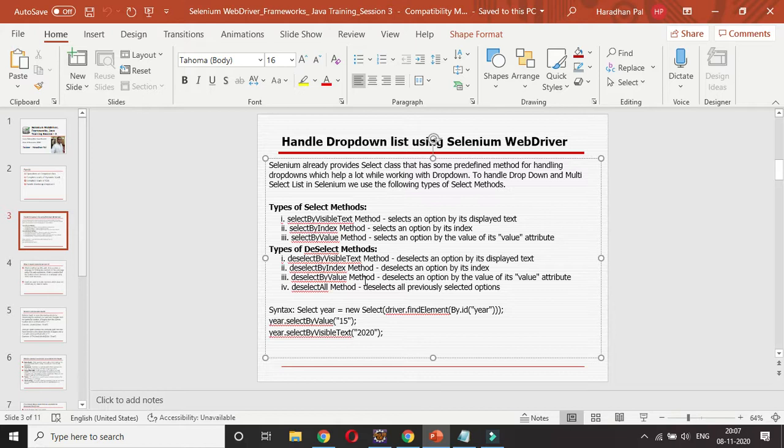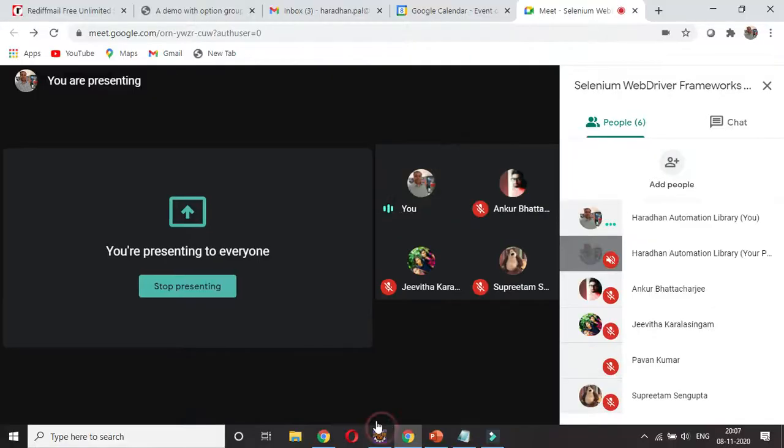In case the select tag is not available, these are called bootstrap drop down. In the last topic I will cover how to handle bootstrap drop down where the select tag is not available in the web page. Okay, so here let me open a